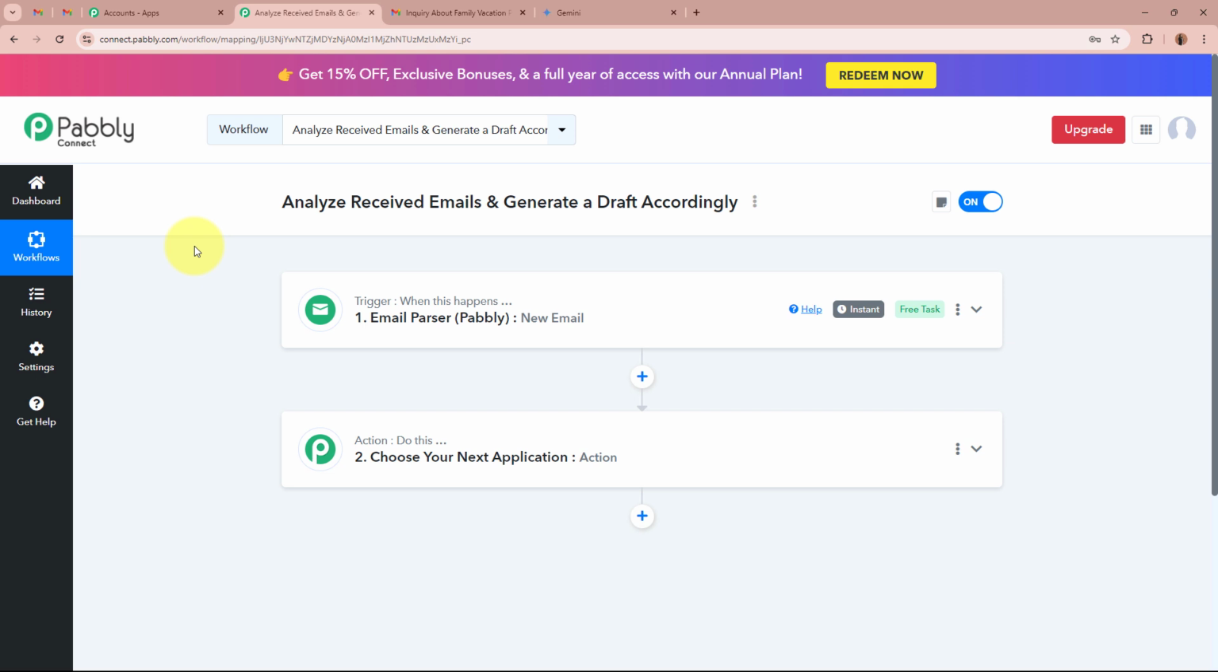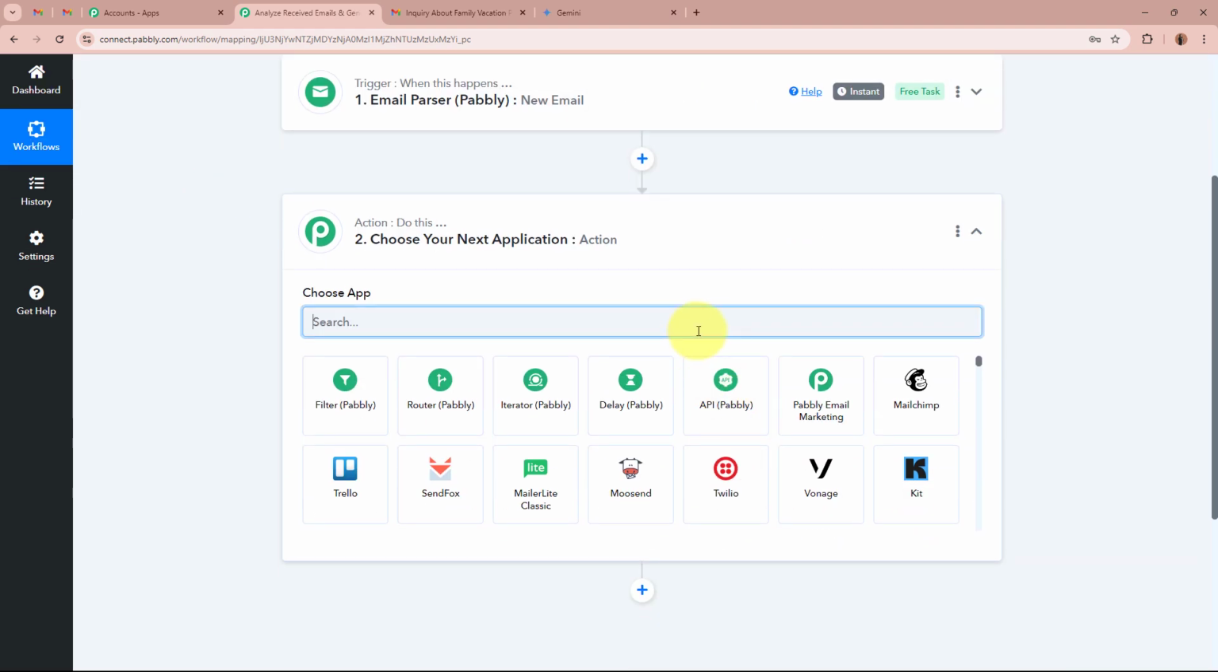Okay, now that we have the response of the email being received on our Gmail account, I want to first analyze that email, and after analyzing it, I want to create a draft reply. For analyzing and generating the reply, we are going to be using Google Gemini. So we are going to set up our action step now, and for the action application,